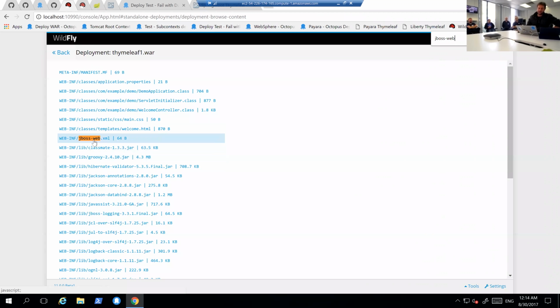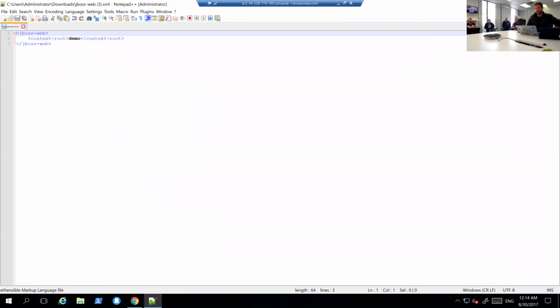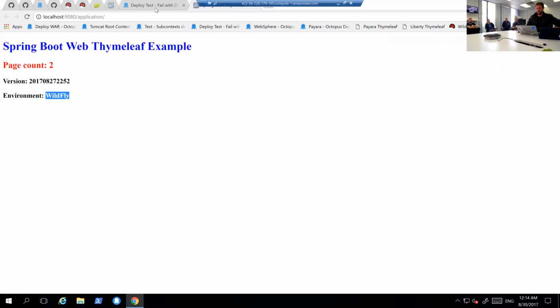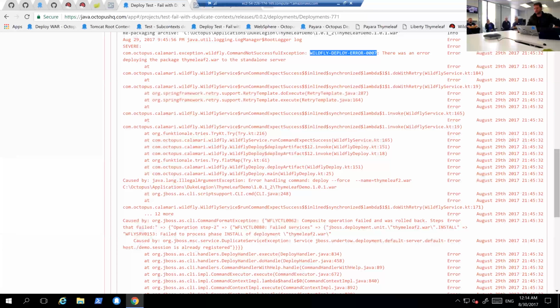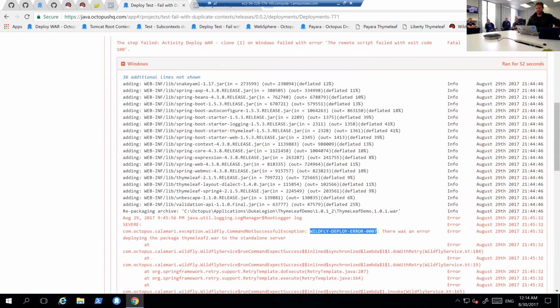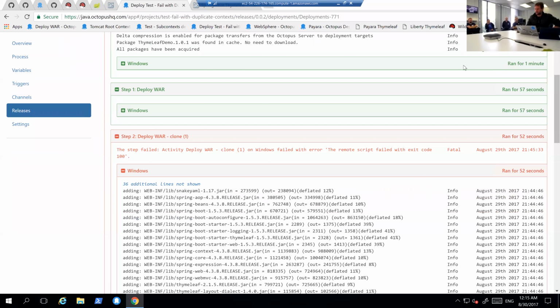So right off the bat, we can see that this file exists. So let's have a look at it. Yep, so we've defined a context path, and there's a good chance that this deployment failed because the context path was duplicated for a second deployment, and this project here was actually set up exactly to demonstrate that issue. But we do have a whole bunch of these error codes that